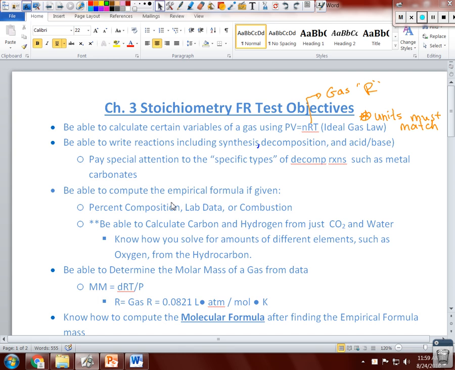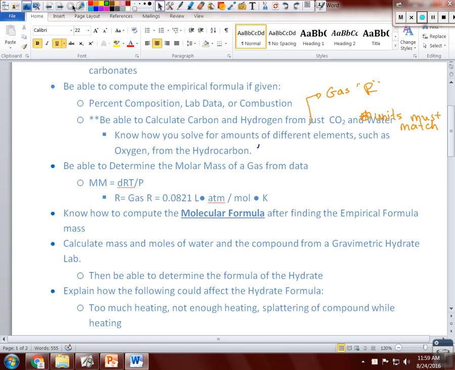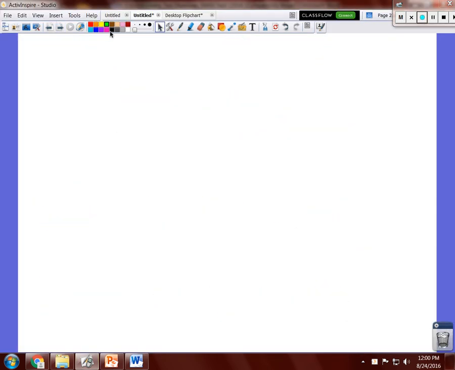All right, number three. Be able to compute the empirical formula if given percent composition, lab data, or combustion. Okay? Be able to calculate carbon and hydrogen just from CO2 and water. Let me tell you what I mean by that. One is, first of all, do you agree that all combustion reactions